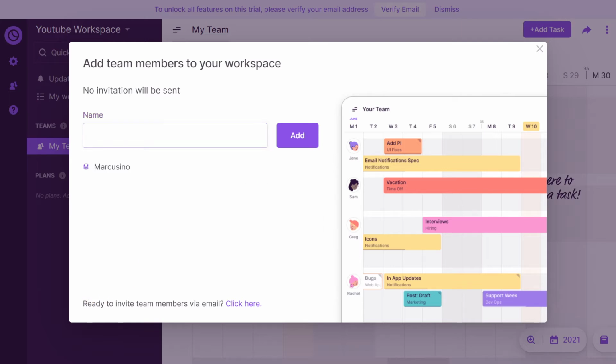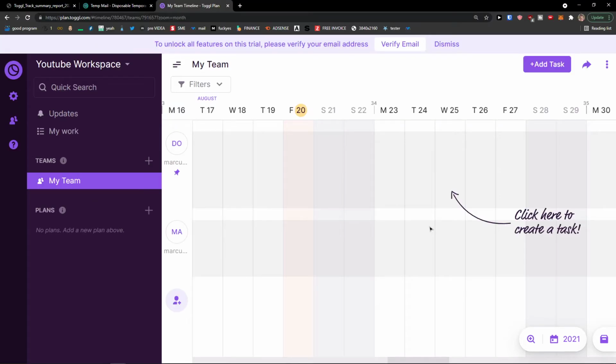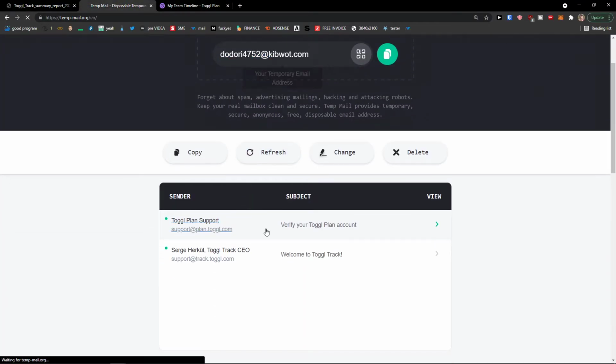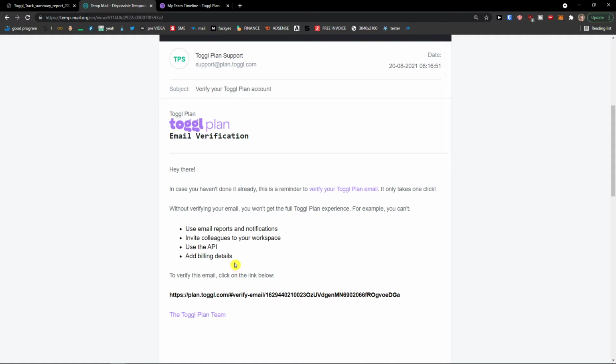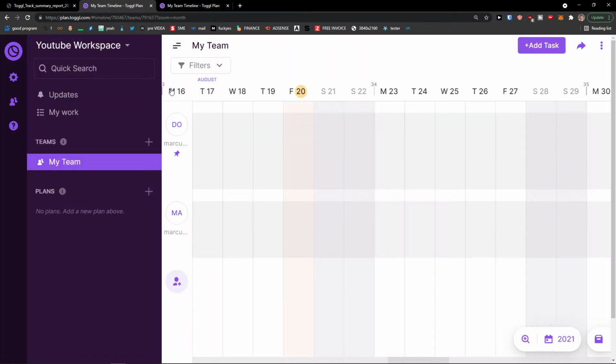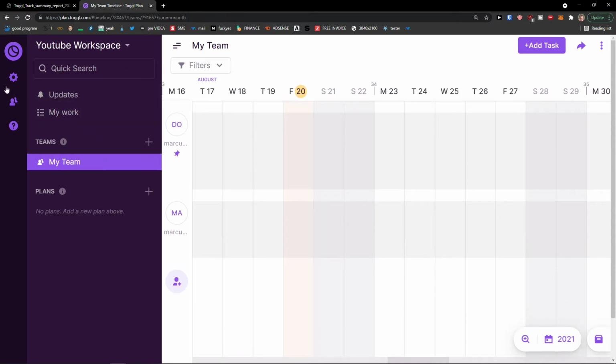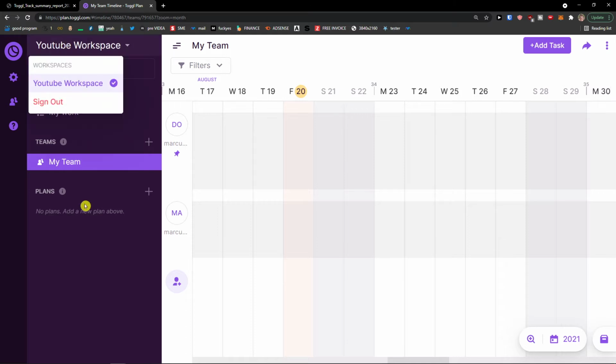And then you can also invite the team members through email right here. See, and you could easily invite someone new. So that's how we do it, and you would write in email address here and invite. Close. Now I'm going to also verify my email address. And here we are. So we verified our email address, and now let's see what you can actually achieve with